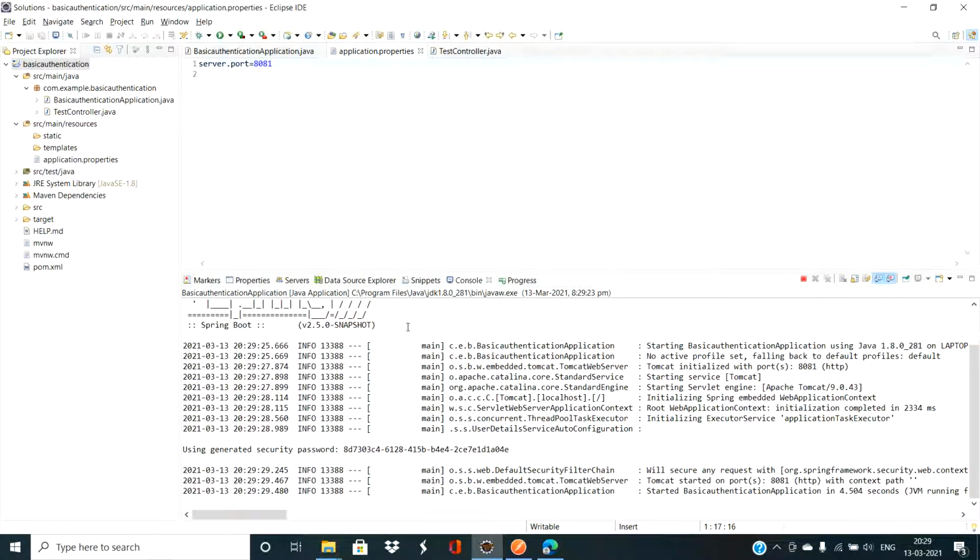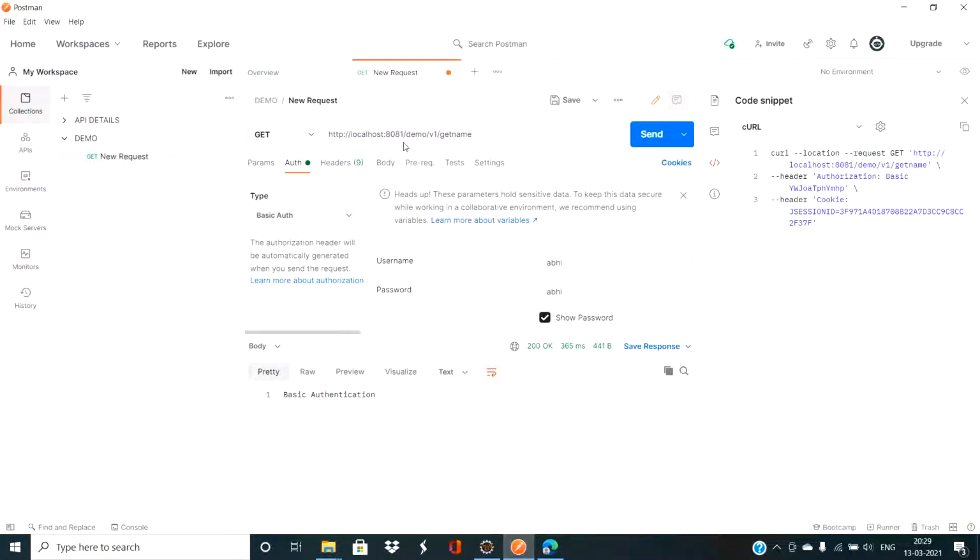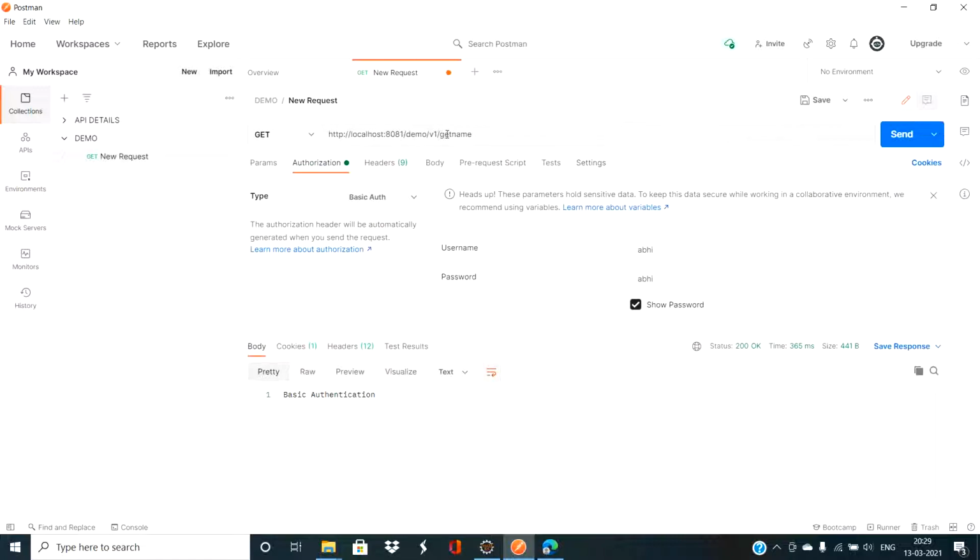Okay, now it started. So let's access the URL demo v1 get name. I'm using Postman as a tool to access this. This is running on localhost, and 8081 is the port we have used, with demo v1 and get name.